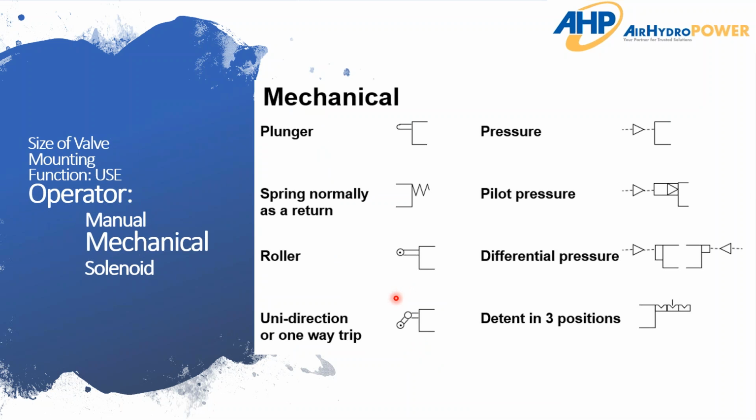Getting to mechanical operators. Once again, lots of different operators here. There's pilot operated, with different incoming pressures. You have to change the pressure to operate your spool valve. Plungers, and different